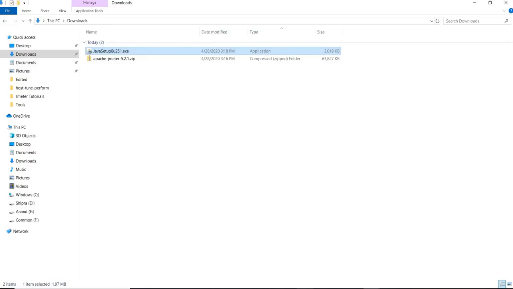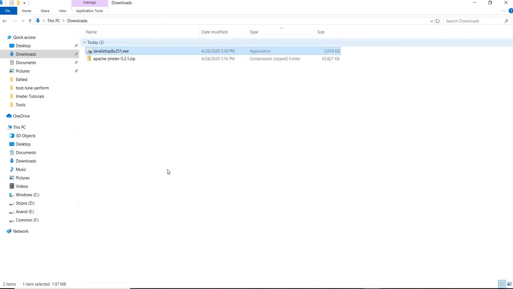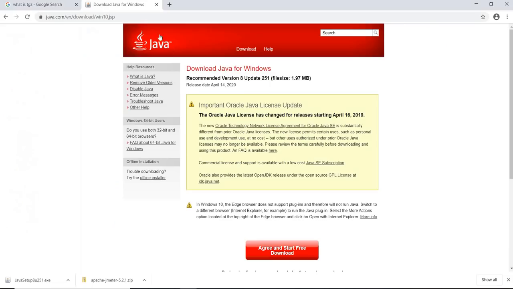The next step for you to do is you need to download and extract JMeter. So these will be the same steps which you need to follow on Linux. So I will just say it something like this, that these are the similar steps which you have to follow in Linux and Windows. So you need to install Java, and we have the same type of installer even for Linux. So now when you have installed Java, now you need to go to again Google